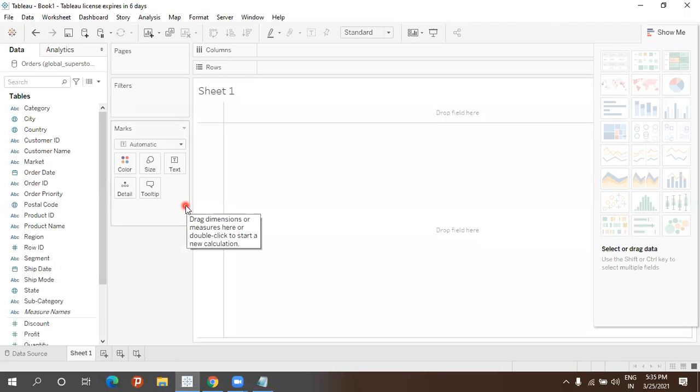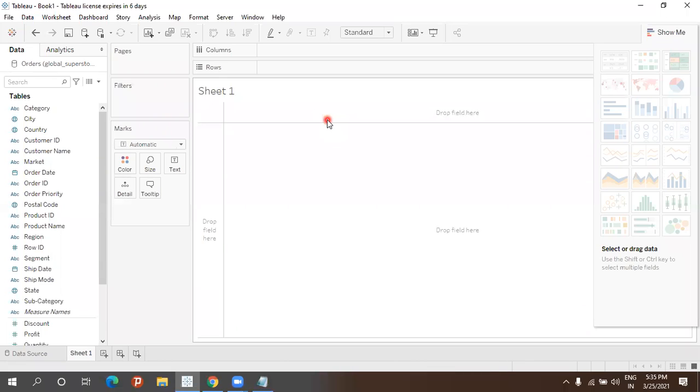So now what I'm going to do: sum of profit, sum of sales, and sum of shipping cost. Show me a report for sum of profit, sum of sales and sum of shipping cost. How can I create this chart? For example, my management is asking me to show the yearly report of sum of profit, sales and shipping cost.